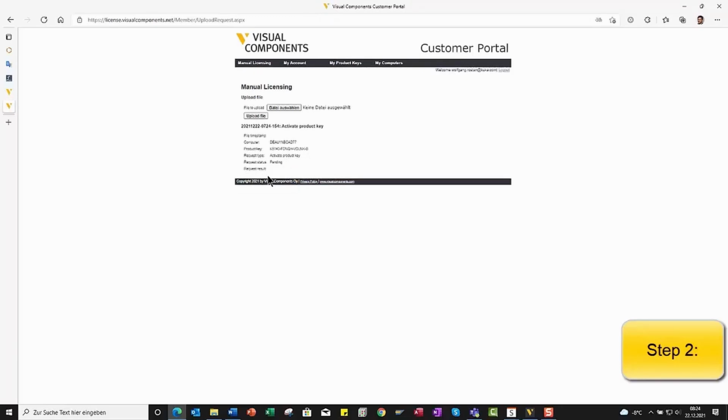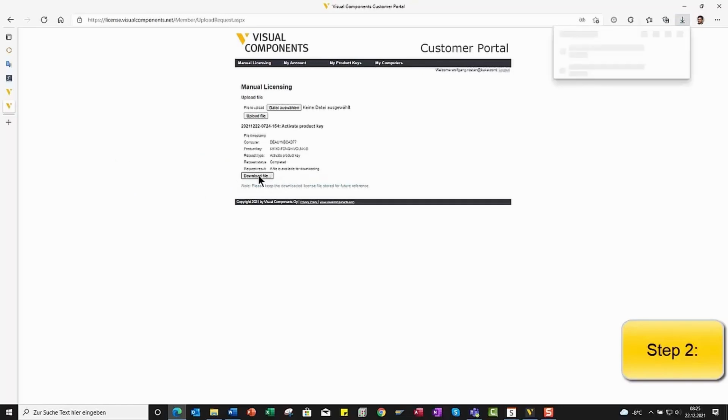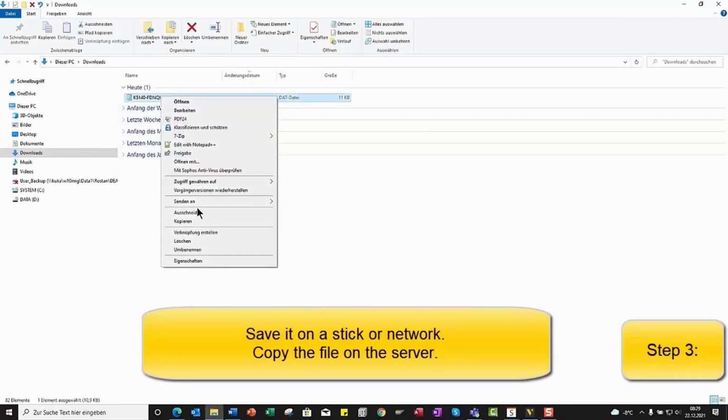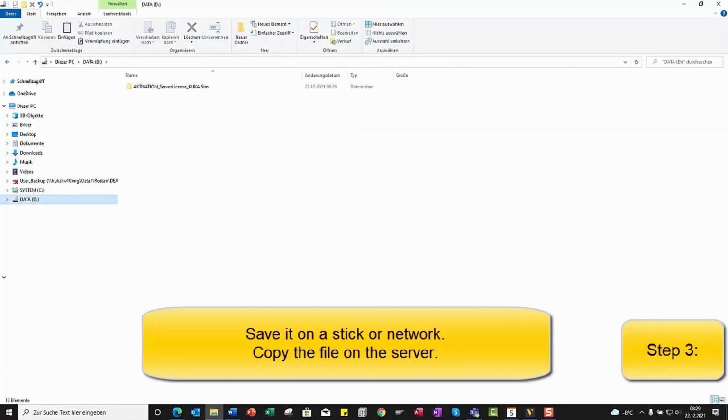Again, it will run a little bit, and then you can download again a file. With this file, as soon as you save it to the files that you want, you can now proceed and put it back in the server. So you have to copy it here and actually paste it on your network or a stick or something, and now carry it back to the offline PC